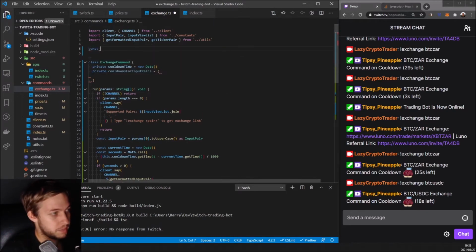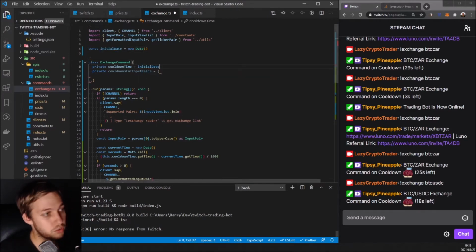We'll put the new date up here: const initial date, and that's going to be new date, because we don't need to initialize a new date every time. So we'll just say initial date here. When it calls new date, that takes the current time, which is pretty important. But all our possible input pairs